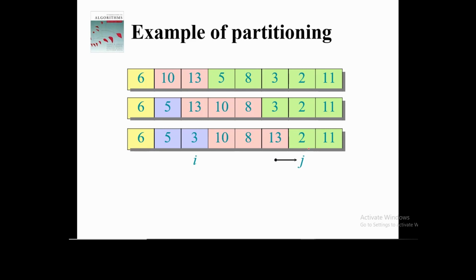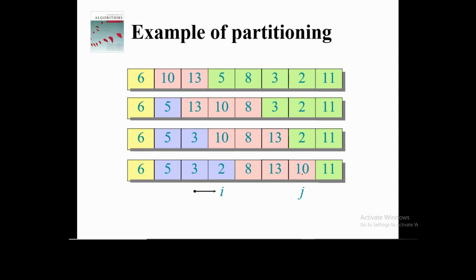2 is less than 6, so 2 should be shifted towards the left. So I will come here and 10 and 2 will be swapped. So 2 will come here, 10 is here. Now J will come here at 11 and 6 and 11 will be compared. Okay, and 6 is less than 11, so there will be no shifting. So at the end, J reaches the end of the array, so this is the place where we can shift I, and at the end we simply replace the values of